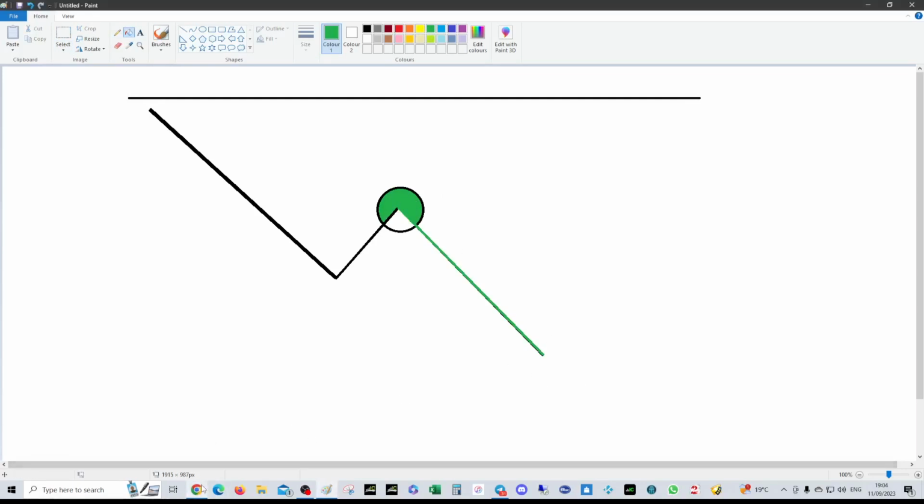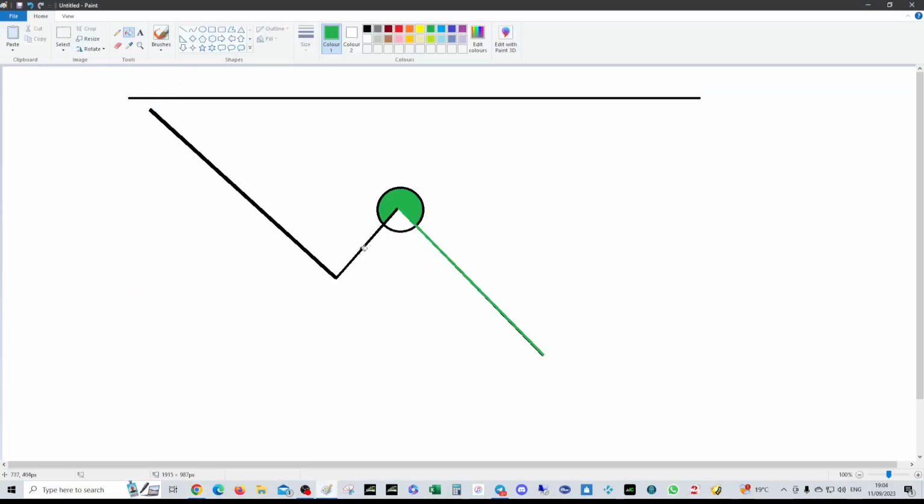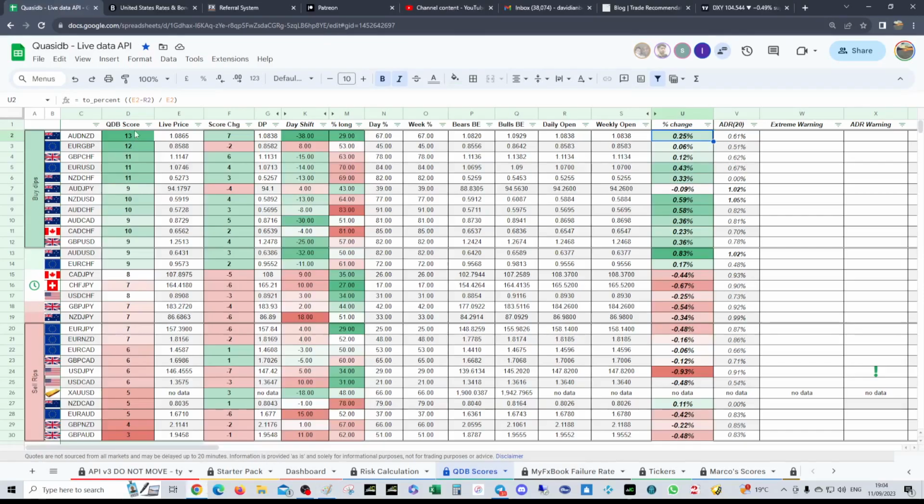So if this goes green down here, then we're looking to short it, because what it's done is simply gone higher and then come down again. It's making a leg higher in order to sell off, and this is the trend, right? And the QDB scores are great because they've got the trend analysis built in,